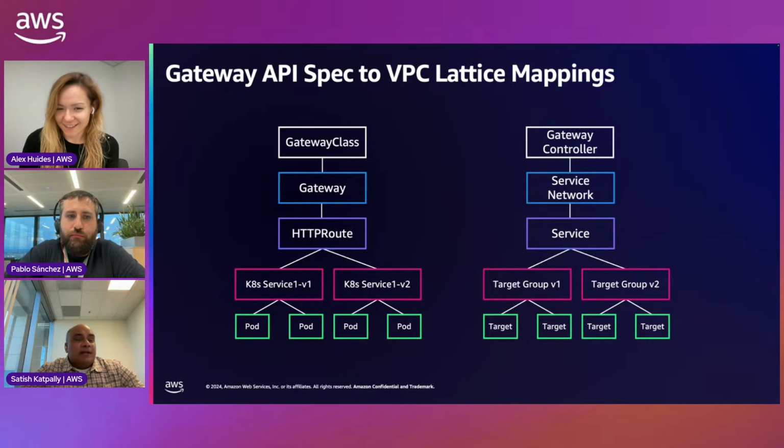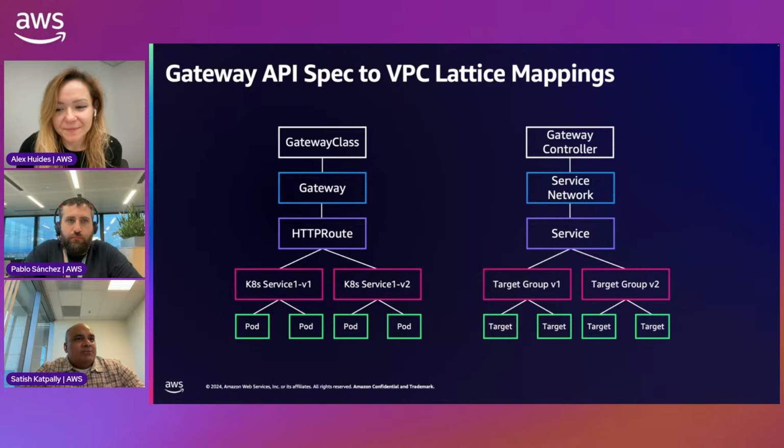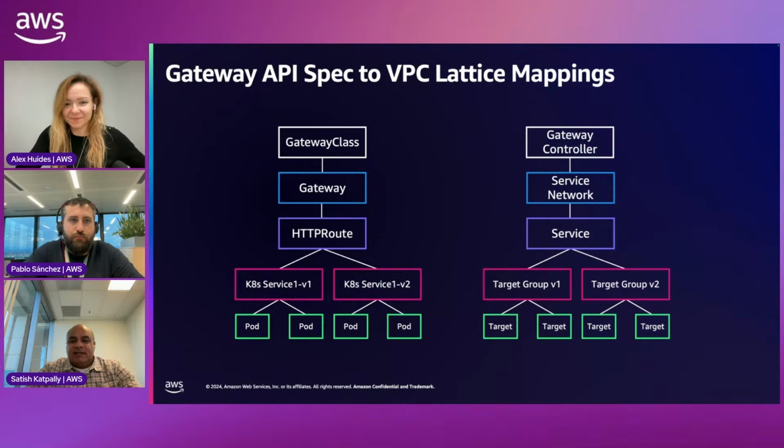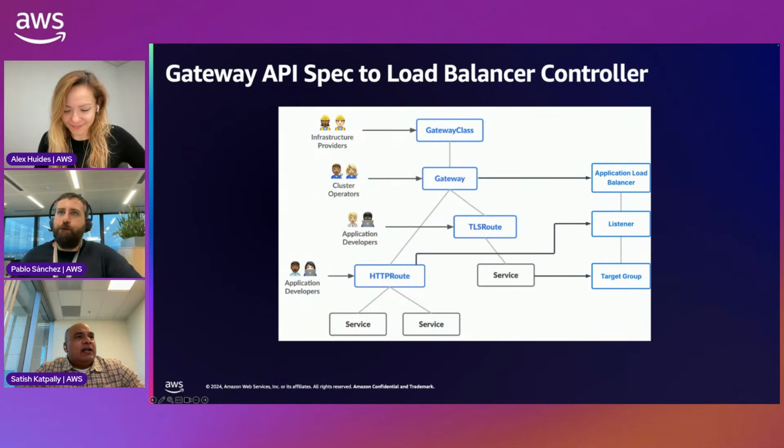Perfect. So the whole goal is to keep the very Kubernetes native experience. There's no other APIs to define. You define your deployment manifest, you are working with Kubernetes APIs, and all of that is being translated into, oh, you are in the gateway class of Lattice gateway controller, so we're going to create Lattice constructs, service network, service, etc. If you deploy this with ALB, it'll create the ALB level constructs, like in the next slide that I'm going to show you, which is exactly the same construct mapped into what happens on an ALB.